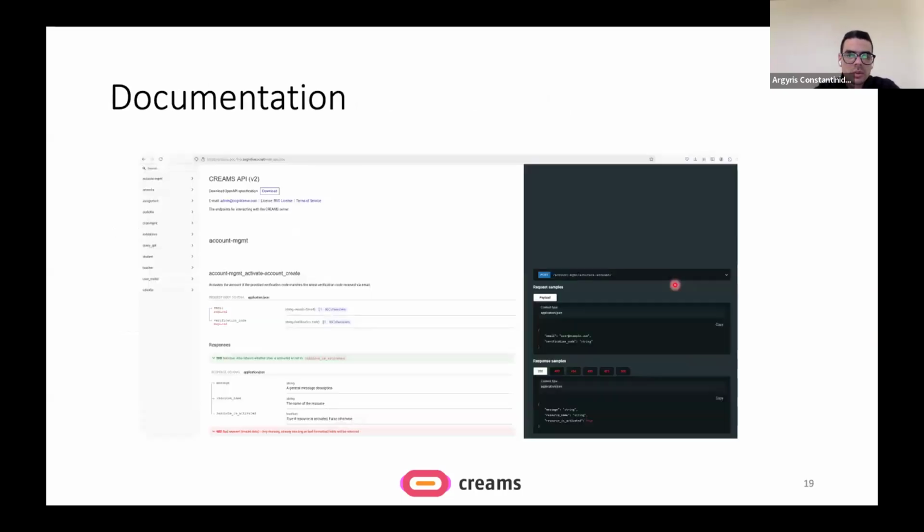Also, we can expose the documentation of each API, which helps developers with their implementation, because with this documentation, it's easy for someone to understand what types of parameters are expected for each API, and what types of responses are expected based on different scenarios.